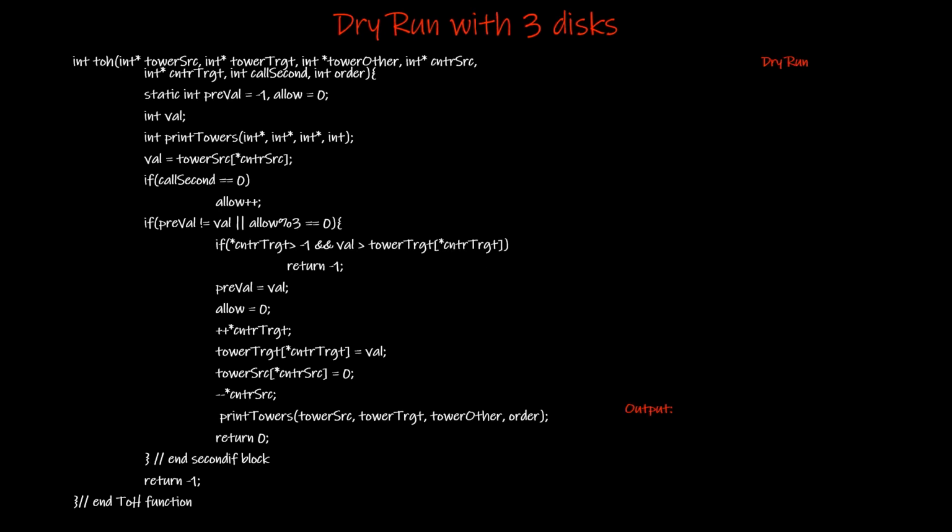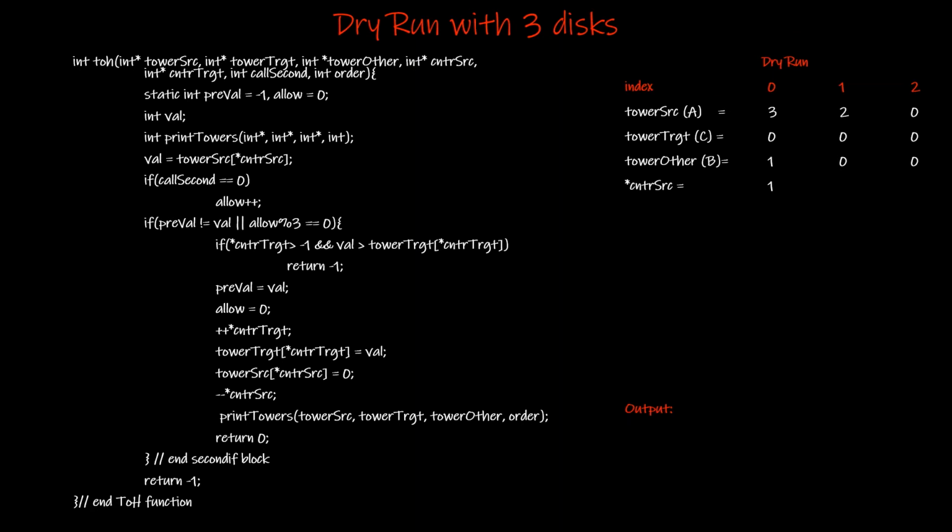Right, so we are again in TOH function. Again the parameters are created. So index position 0 1 2, tower A will have values 3 2 0, tower C will have values 0 0 0, and this is going to be our target tower in this particular call. Then our target tower B as the third tower, which is having values 1 0 0.